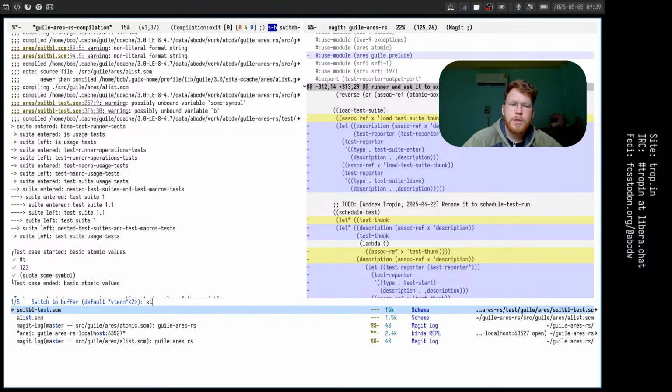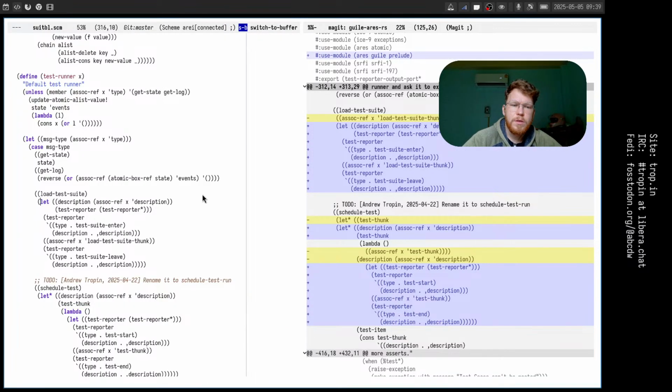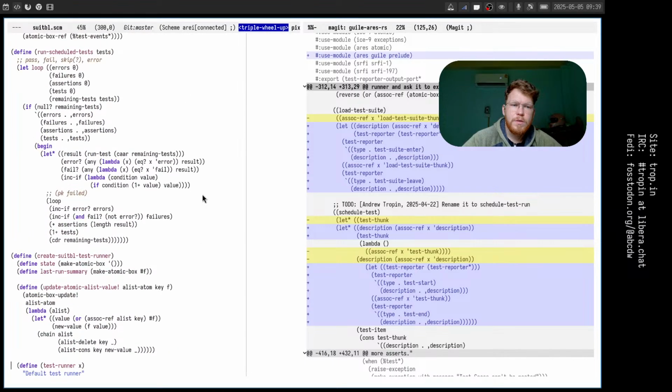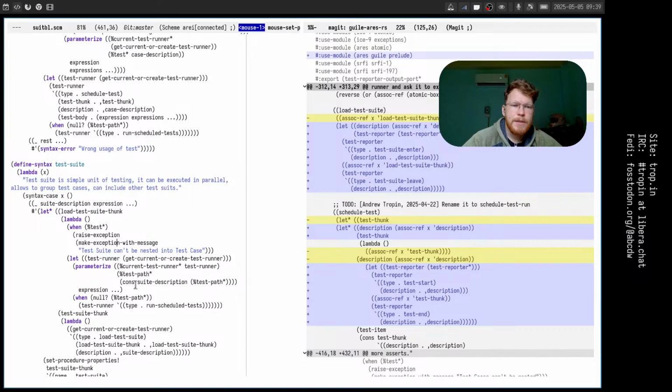Also, the one thought that came to my mind right now. Suite, test runner. Where is our test suite? Here. Get current or create test runner. We now can be sure that inside our load test suite sync